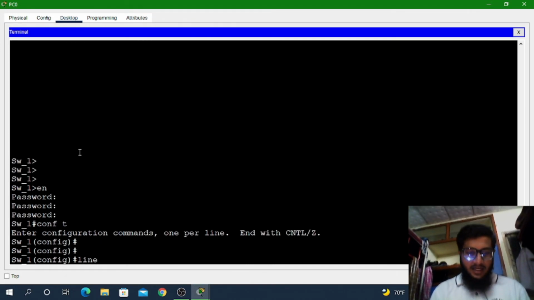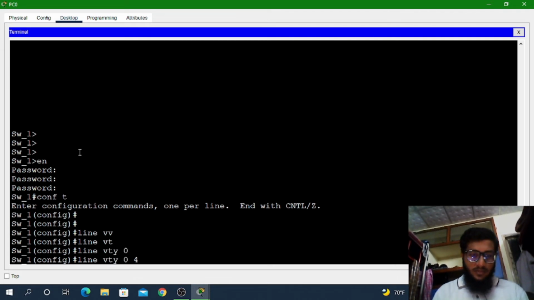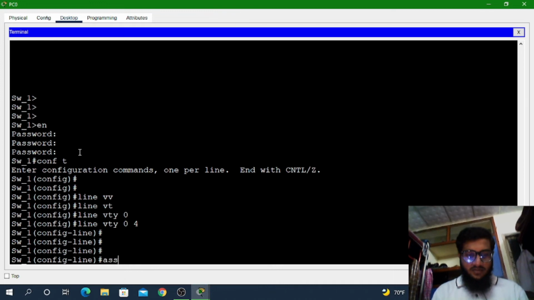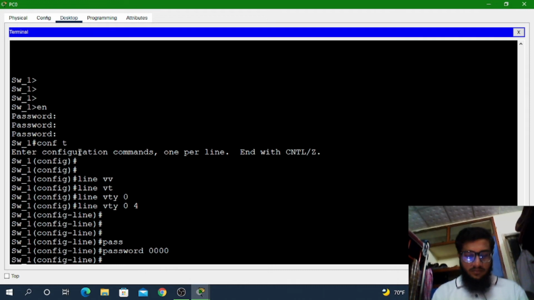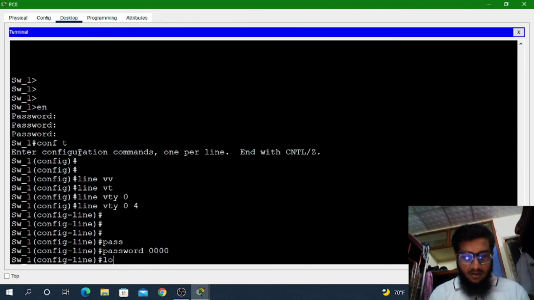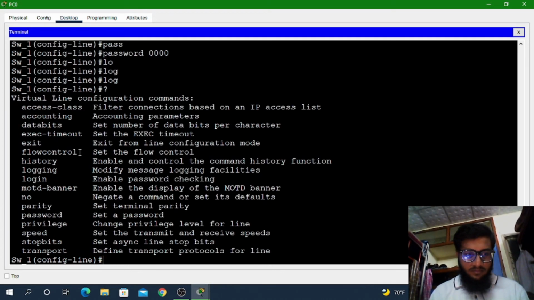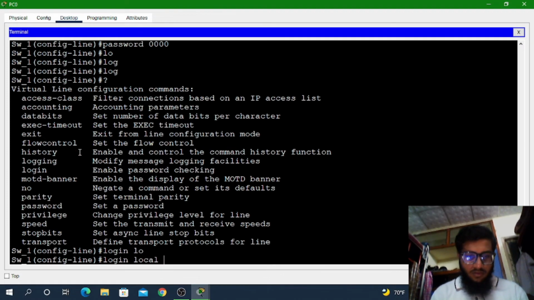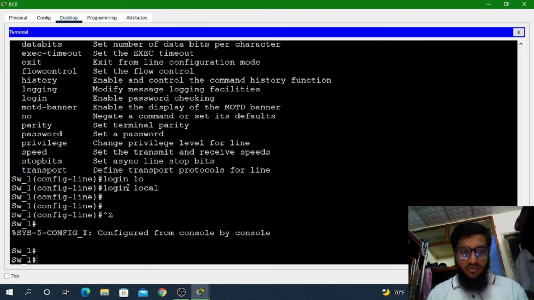I'll type line vty 0 4, then password, and again login local. Why have I typed login local? Because I want to check my local database for the password for login purposes. Okay, I'll exit this.